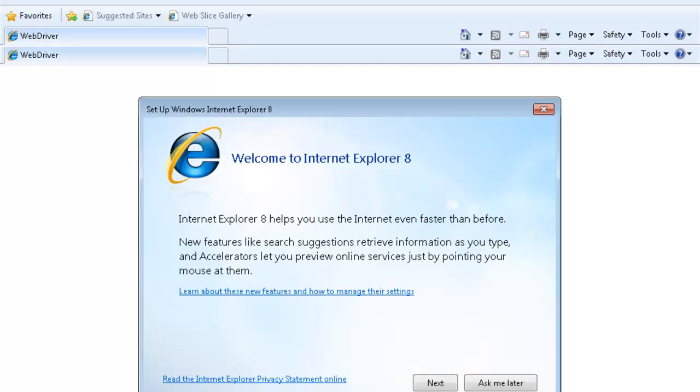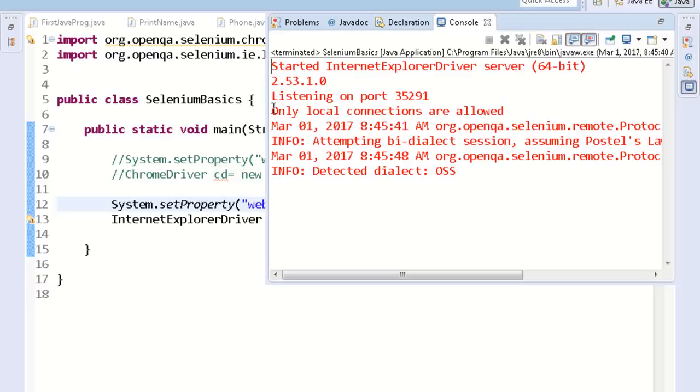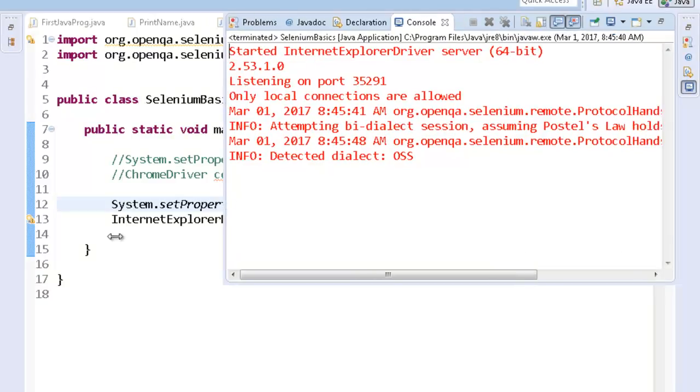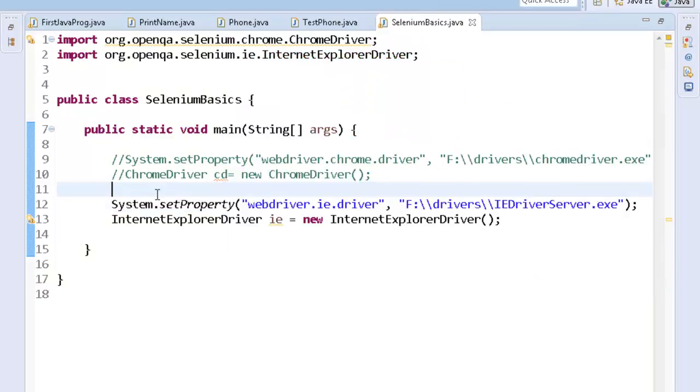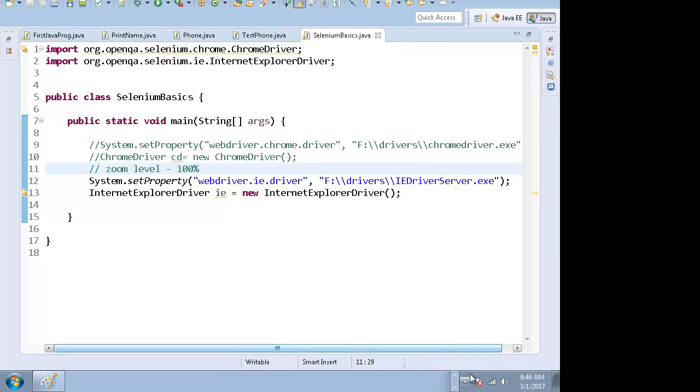Right, you see that? I'm using IE8 right now. Okay, it will work, but at times it doesn't work. There are a few issues with IE. You have to make sure that the zoom level in IE is first of all set to 100%. Okay, right? What do you mean by zoom level in IE? If I open up IE, then